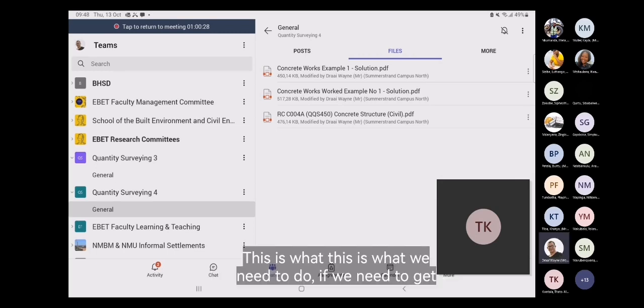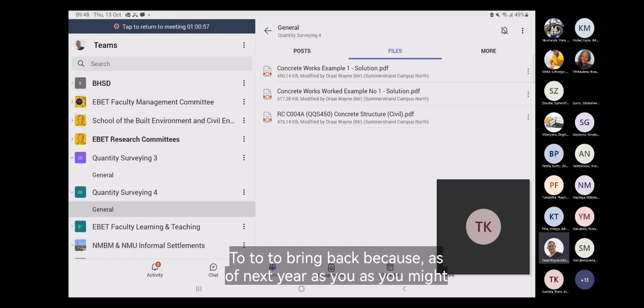This is what we need to do if we need to get there. I actually wanted you to see how we are trying to incorporate the technology with the blended approach. I don't normally have only four people in my class. It normally is more. Yes, I was very disappointed. We're trying to do this